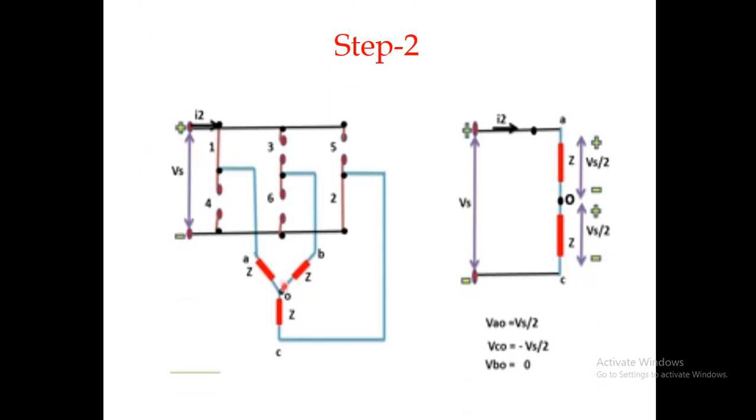Next we will see step number 2. In step number 2, thyristor number 6 has already completed its 120 degrees operation. Now thyristor switch 2 is going to come into action, meaning we are going to turn on switch number 2. And here my question is, why not switch number 4 instead of switch number 2 after the conduction of switch number 6? Because from the first arm, thyristor 1 is already in the on condition.